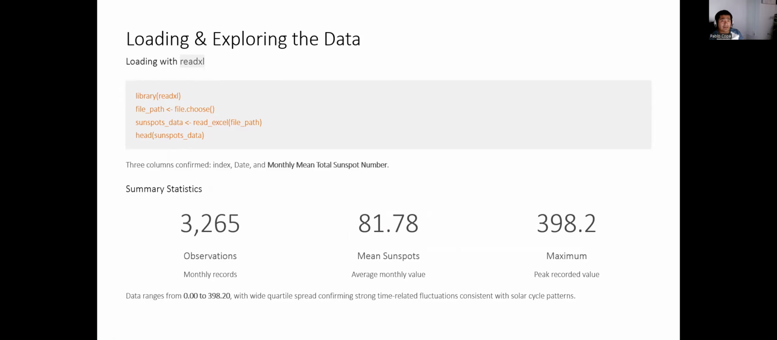In this step, I loaded the Sunspots database into R. I used the readxl package because the file was provided in Excel format. After loading the data, I used the head function to display the first rows and confirm the